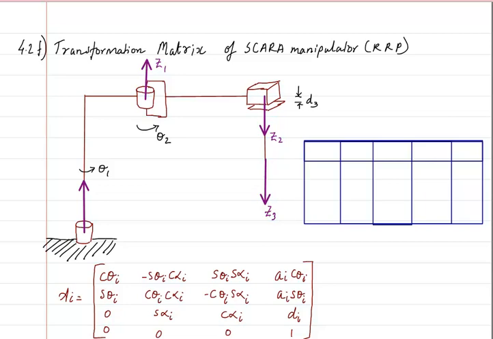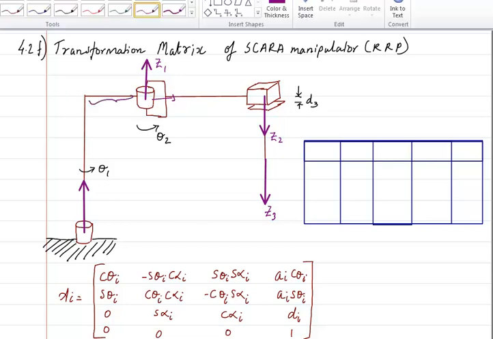Now based on that, we have to draw the X axis. Now here is where the issue comes. If this is the direction of the Z axis, and I'm going to draw the X axis, where will I draw it? I may draw the X axis somewhere in this direction, and in that case, this extra offset, because of this 90 degree, is going to create a problem for us.